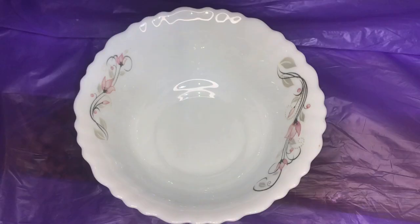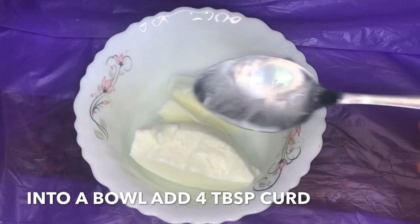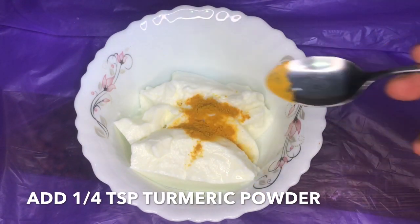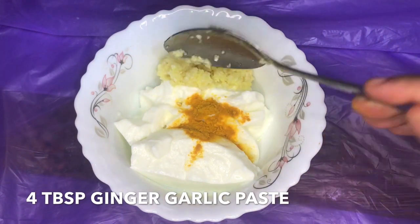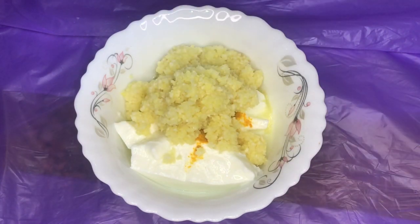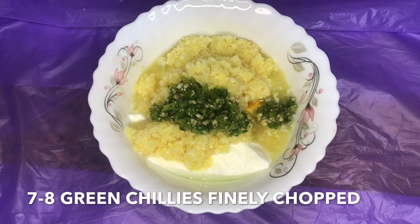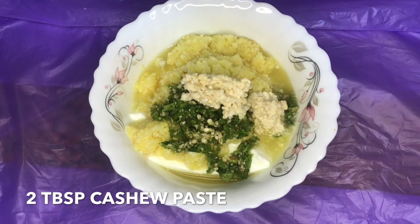For 2 kg chicken, into a bowl, add 4 tablespoons of curd or yogurt, 1/4 tsp turmeric powder, 4 tablespoons ginger garlic paste, 7 to 8 green chilies very finely chopped, 2 tablespoons cashew paste,